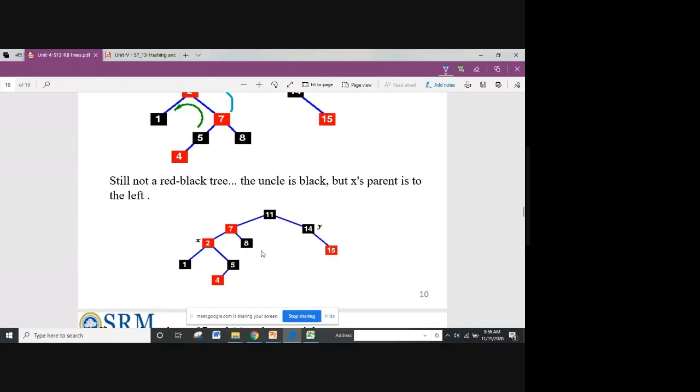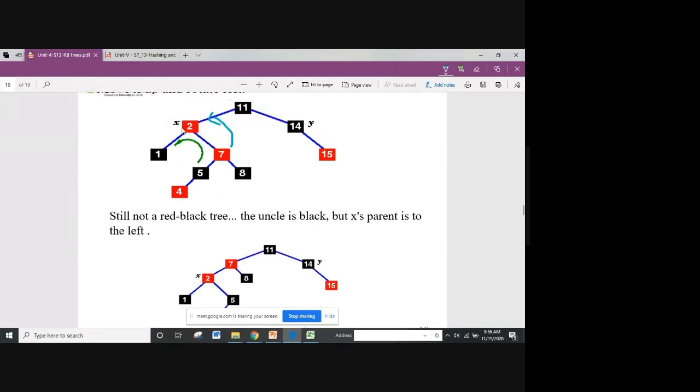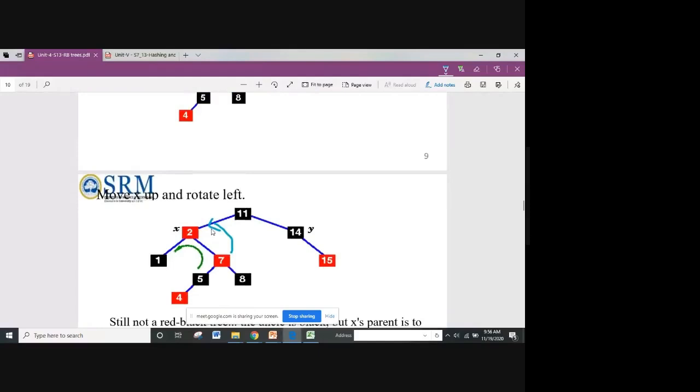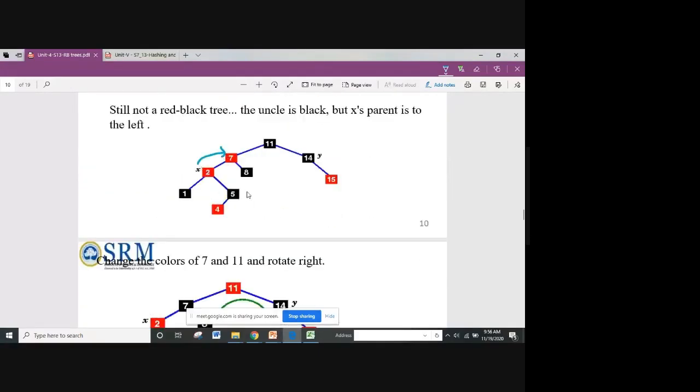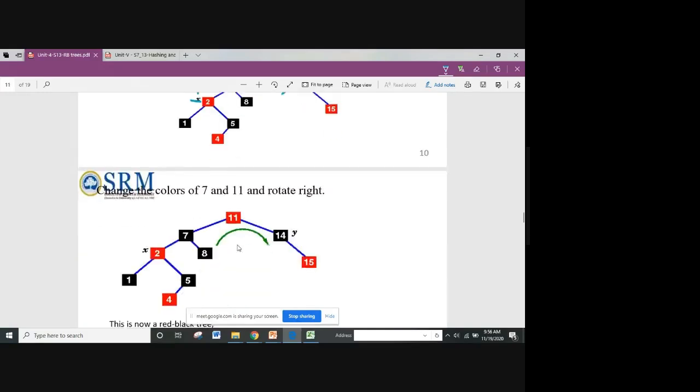After rotating, you have to check again, because X has moved here now. With this rotation, only 7 and 2 are rotated. So now this is your X part, so check again for X. Again its parent is red and the sibling is again black. The sibling I have marked as Y, and the node I am processing and checking I am keeping as X. So once again rotate.